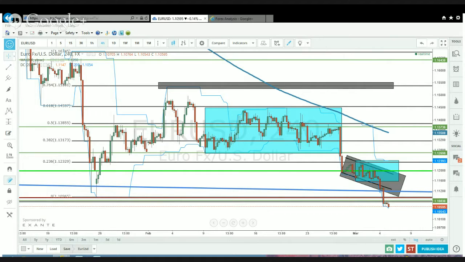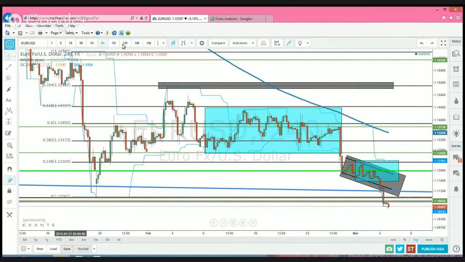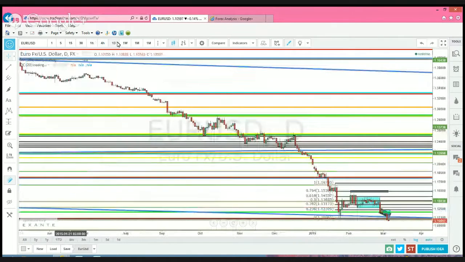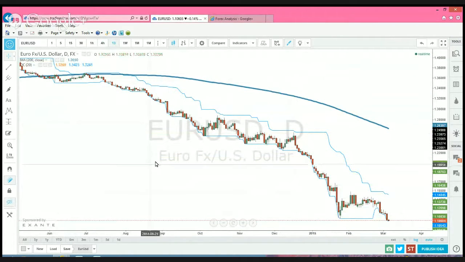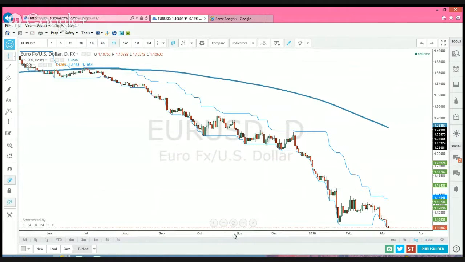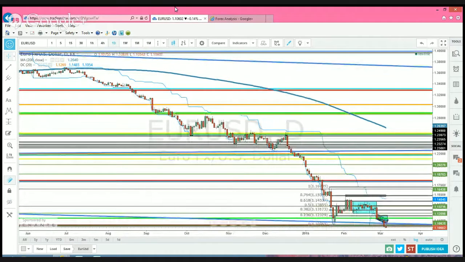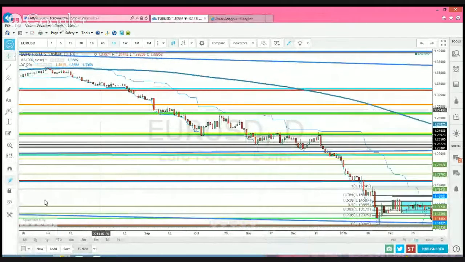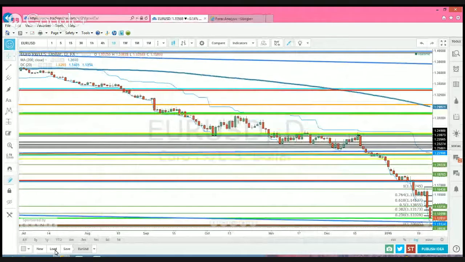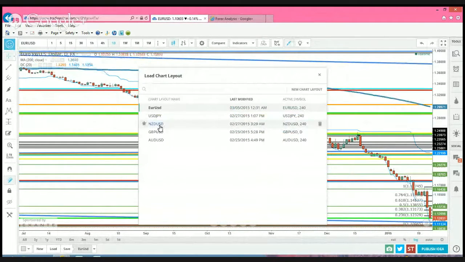All right. So with that being said, looking at this chart, what I normally try to do is go to the daily chart, because my big thing is finding direction. I've got a whole bunch of stuff on this chart right now, so I'm going to take this stuff off so we have a clean chart and it's easy to see what I'm talking about. As a matter of fact, I'm going to put that back and just pull up a new euro chart. Let's see. And while I'm doing that,